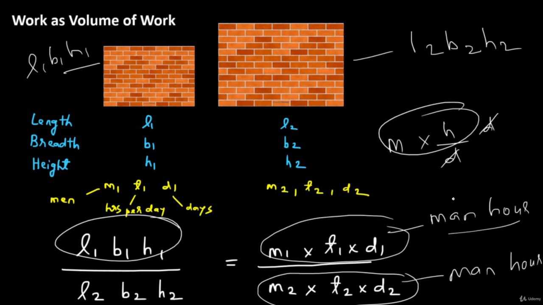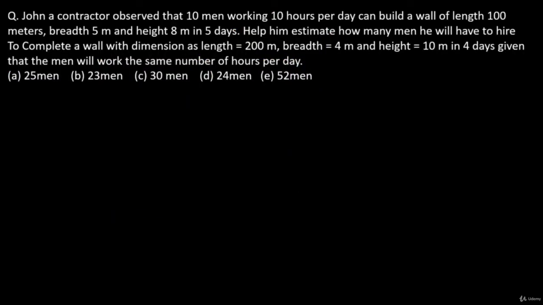Alright, now let's read a question to understand this in a better manner. John, a contractor, observed that 10 men working 10 hours per day can build a wall of length 100 meters, breadth 5 meter and height 8 meter in 5 days. Help him estimate how many men he will have to hire to complete a wall with dimensions as length 200 meter, breadth 4 meter and height 10 meter in 4 days, given that the men will work the same number